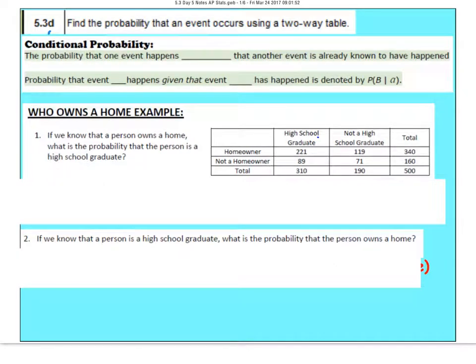5.3d, we're going to talk about finding the probability that an event occurs using a two-way table. Now, the first thing I need to talk about is conditional probability. Conditional probability is the probability that one event happens given that another event is already known to have happened. The notation would be the probability, for example, that event B happens given that event A has happened. You would see that written like this: this means the probability of B given, so right here that straight line is the vocab word "given," event A